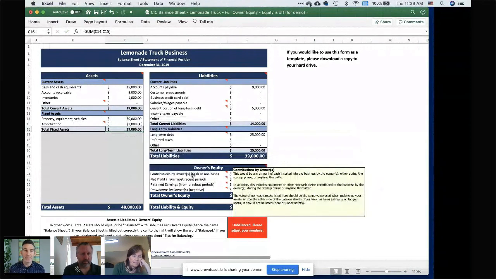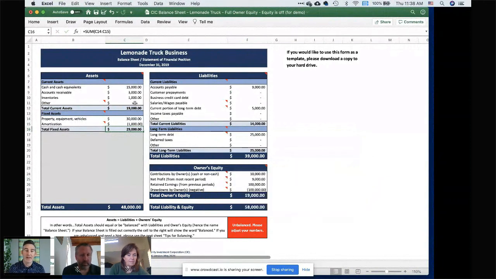We initially said it was $10,000, so you literally earned $10,000 net profit. And then we threw in this $1,000 depreciation expense. That expense isn't really real in the sense that it didn't cost you $1,000 of cash. So you actually have $10,000 of cash on hand. And so your account over here that says cash is going to go from $15,000 to $25,000.